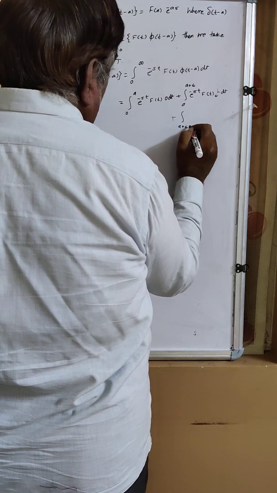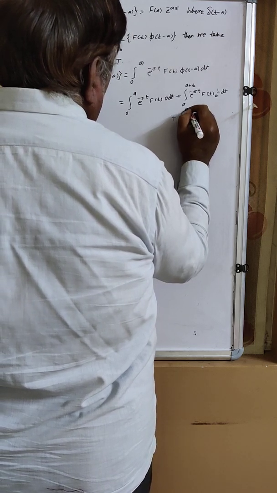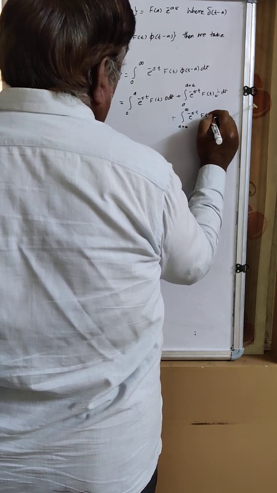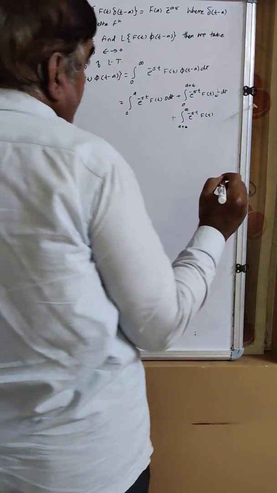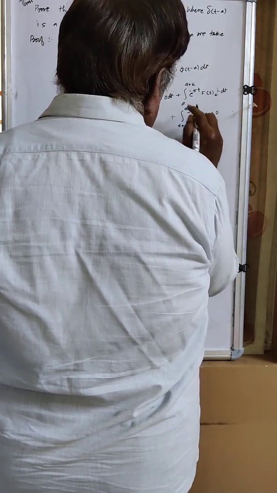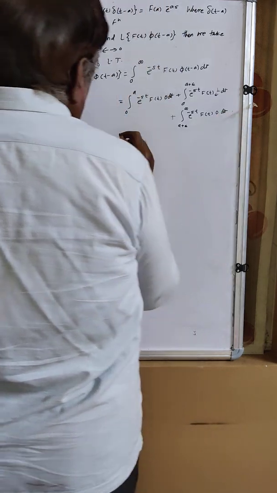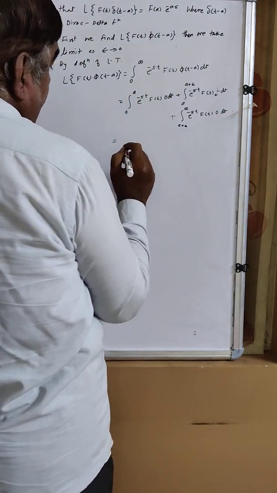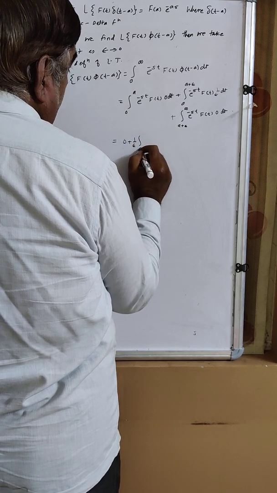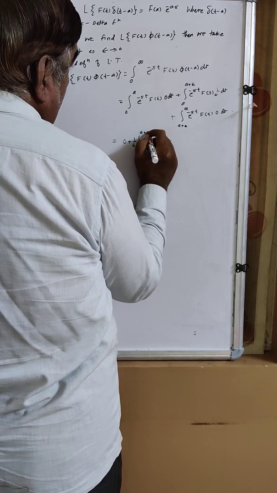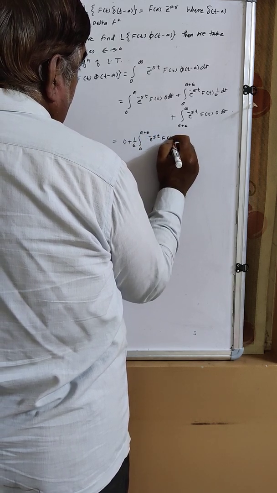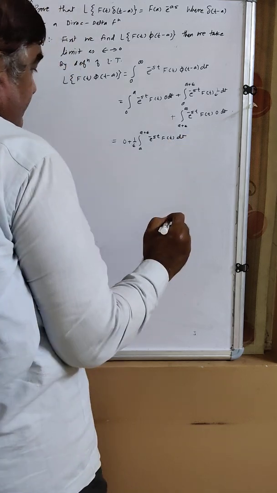Plus the integral from a plus epsilon to infinity of e raised to minus st f(t), where again phi of t minus a is 0 in the interval a plus epsilon to infinity, dt, is equal to 0 plus 1 upon epsilon integral from a to a plus epsilon of e raised to minus st f(t) dt plus 0,